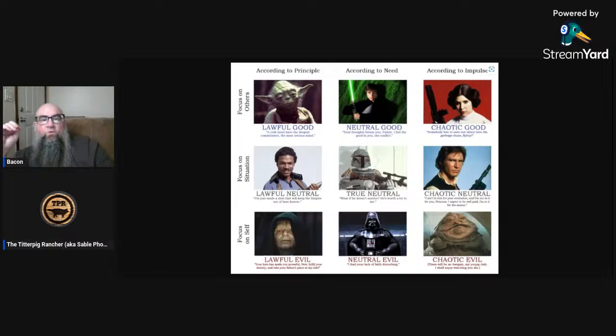So we know that at the end of Empire, Han is frozen in carbonite. Now, keep in mind, by the way, he's had a presence since the first film. Yes, he has. Only by mention. But we know that he employed Greedo. Yes, he did employ Greedo.